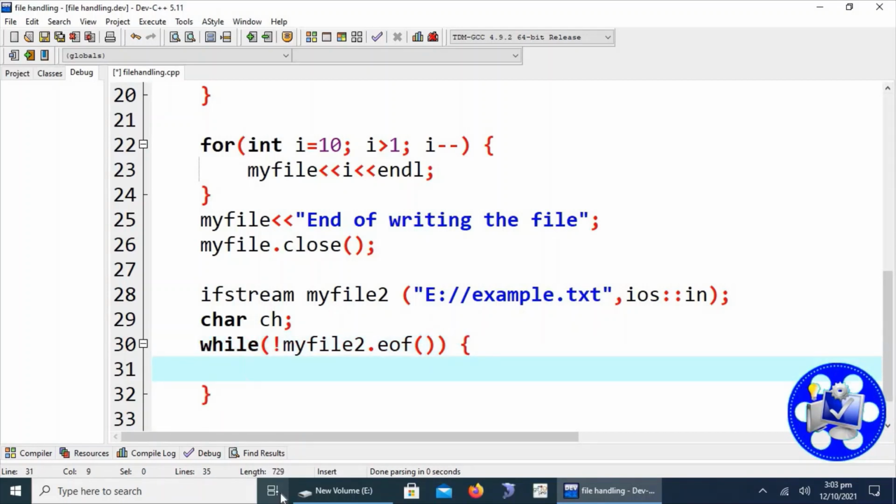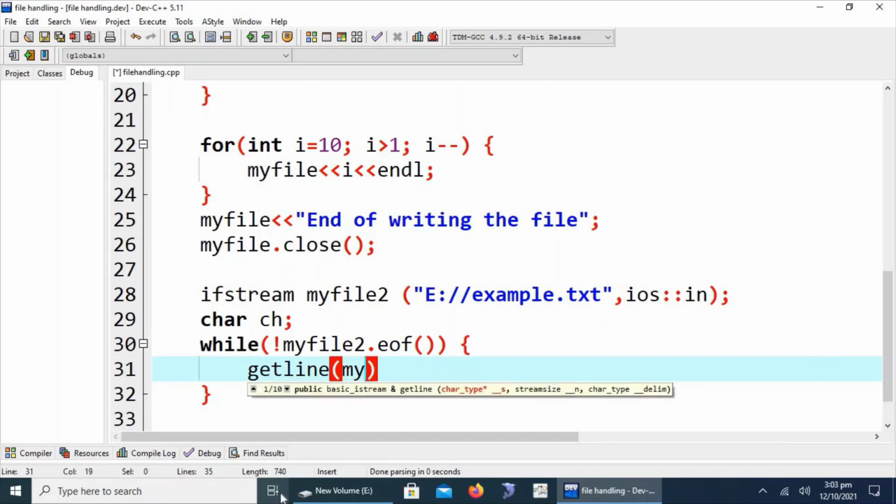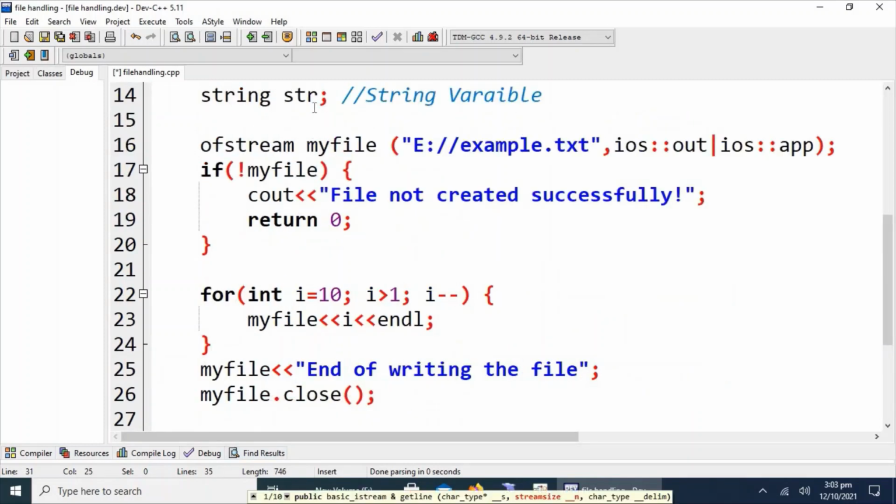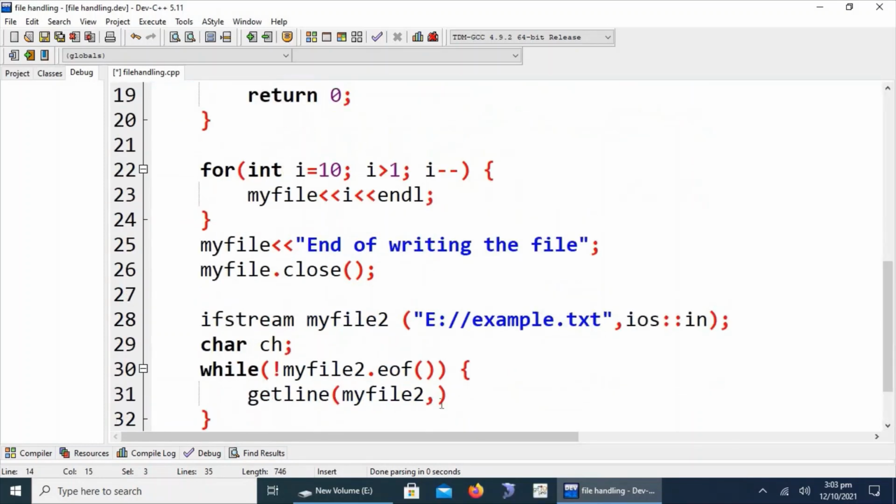What do we have to do here? We can write getline. If we want to read the data line by line, we just say myfile comma, and the name of the variable of string type, str.